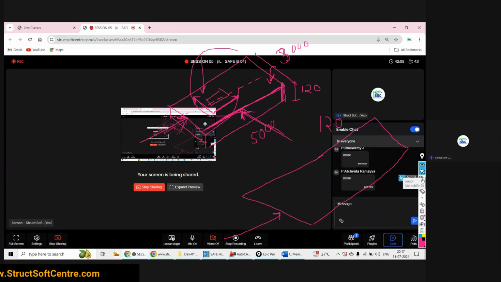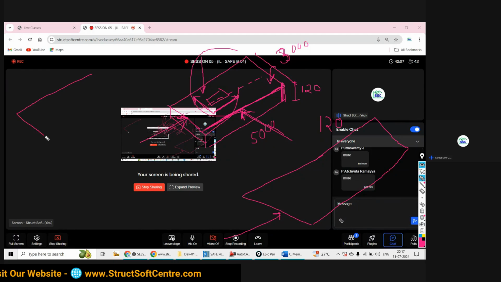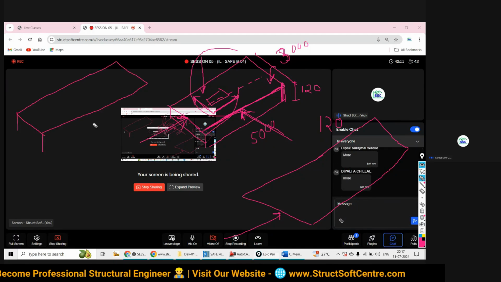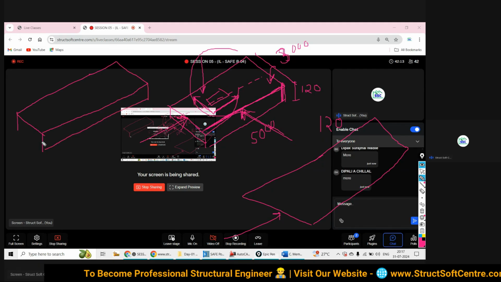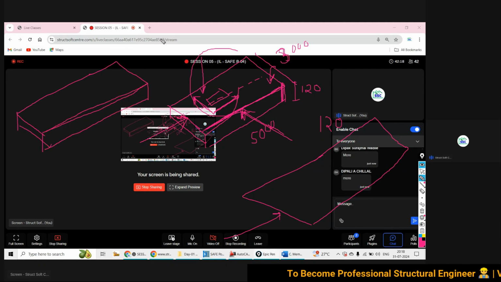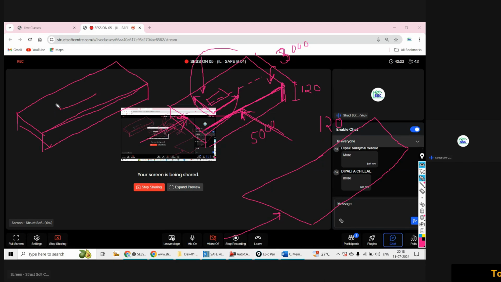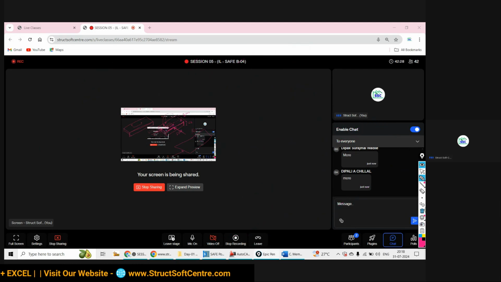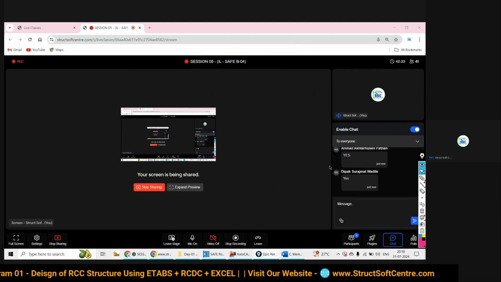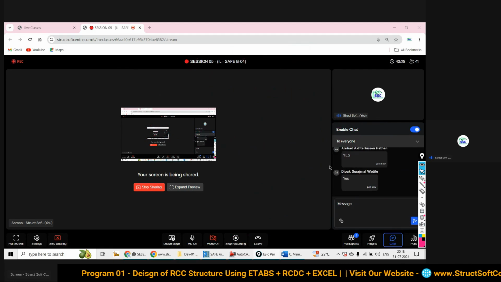Okay, so area element, अगर आप उसको एरिया कह रहे हो तो आप एरिया कब कहेंगे? जब आपका डेप्थ स्मॉल रहेगा इन कंपैरिजन ऑफ इट्स डायमेंशन एज लेंथ एंड विड्थ, तभी उसको आप एरिया एलिमेंट करेंगे. और जब वो एरिया एलिमेंट बन जा रहा है ऑब्वियसली उसका इन प्लेन स्टिफनेस ज्यादा ही रहने वाला है एंड आउट ऑफ प्लेन स्टिफनेस कम रहने वाला है. क्लियर?